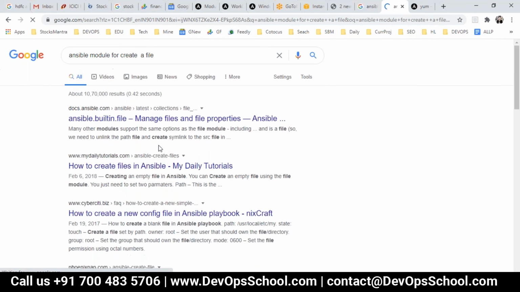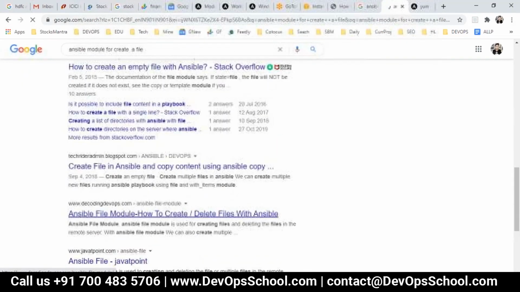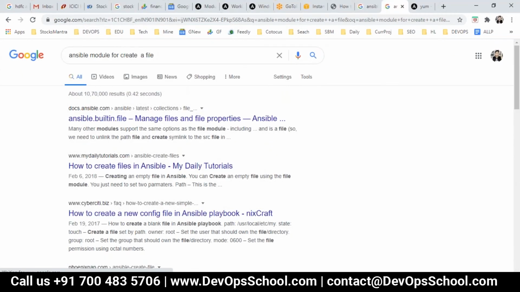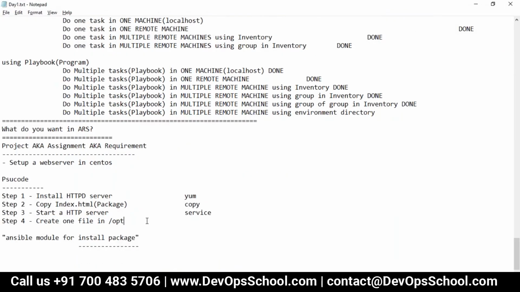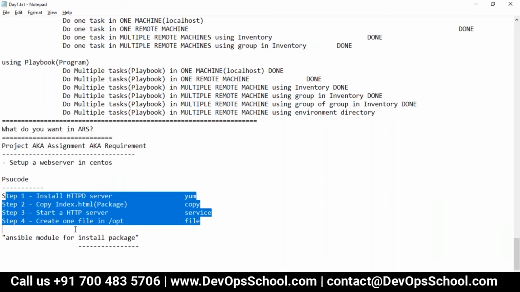Creating a file, and see how many modules are there. See, the result has not come here, but it will take you to this one. This is the right module, manage files, built-in file. So file module.